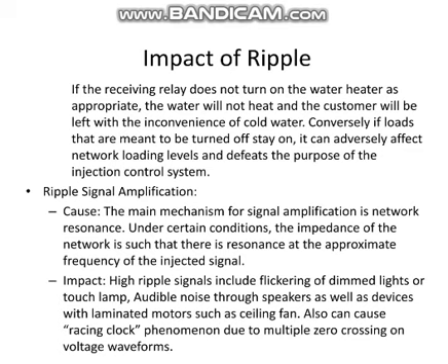Ripple signal amplification. Causes. The main mechanism for signal amplification is network resonance. Under certain conditions, the impedance of the network is such that there is resonance at the approximate frequency of the injected signal. Impact. High ripple signals include flickering of dim lights or touch lamps, audible noise through speakers,